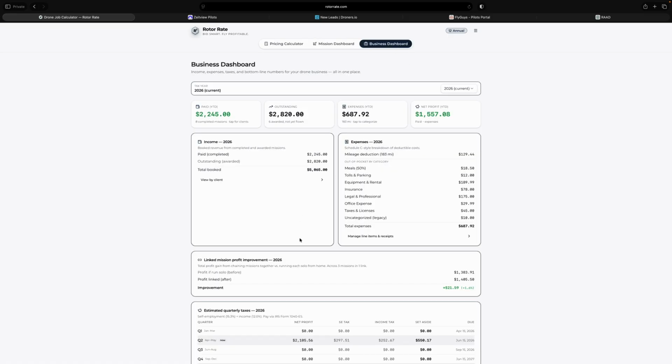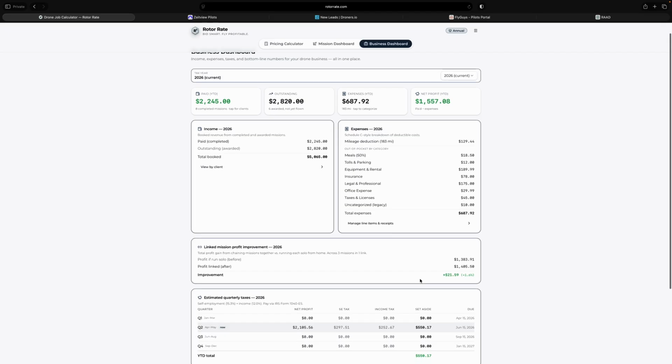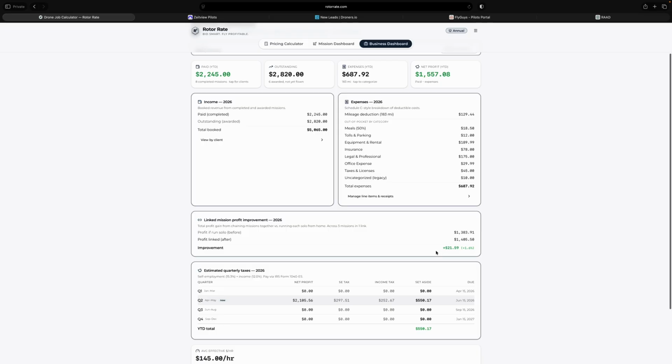Whenever you go to the business dashboard here, it actually shows you your profits of linked missions over time and how much benefit that has. Now, if you're like me, you have to drive a long ways to do these jobs. So instead of going from home to mission 1, back home, home to mission 2, back home, home to mission 3, back home, you're going from home, mission 1, 2, 3, back home. You've saved all that time and fuel making these multiple trips. It adds to your bottom line. You're not getting paid more, but your profit is going up because you're not spending as much time and fuel,